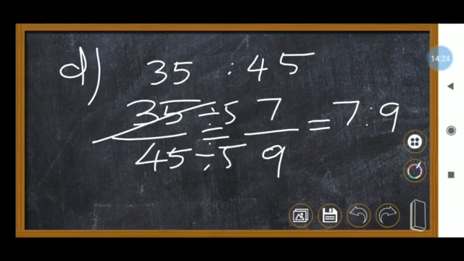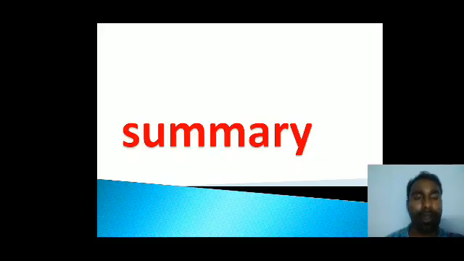The C problem I gave for your reference, and the 7th, 8th and remaining problems we will do in the next session. Thank you all, I hope you all understand. Please take your notes and do the problems. Okay students, this is today's class. I hope you all enjoyed it. This kind of problem we have to do in exercise 12.1, and in the upcoming class we will see the remaining problems.